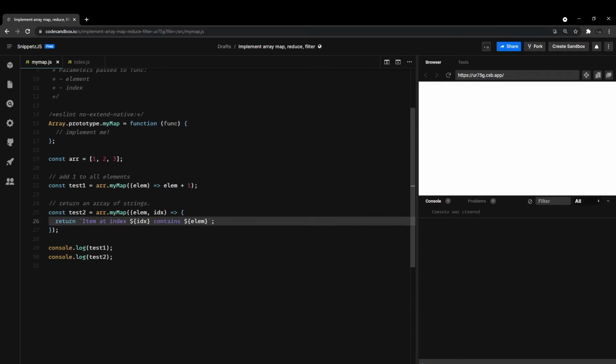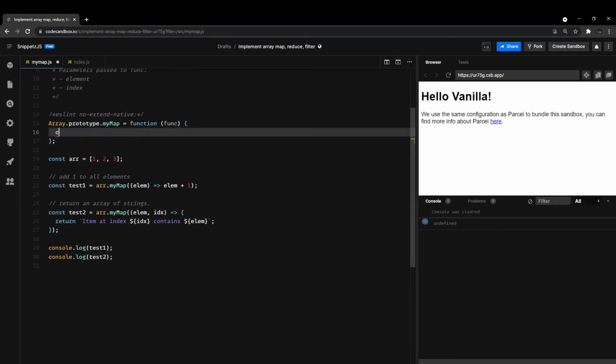Okay, so what we're gonna do now is implement this function, and unlike before, I'm actually just gonna implement this without fast forwarding because the functions are very short. The first thing we want to do here is create our resulting array. This is the one that we are going to return at the end of our function. This is also where we're going to put in all the results of calling func for each element